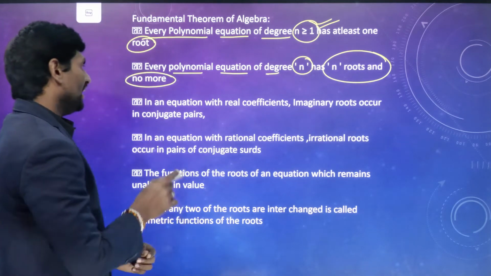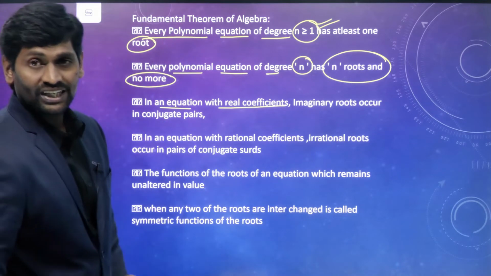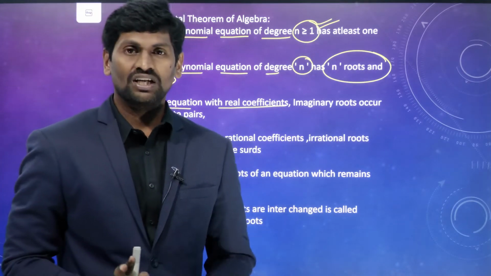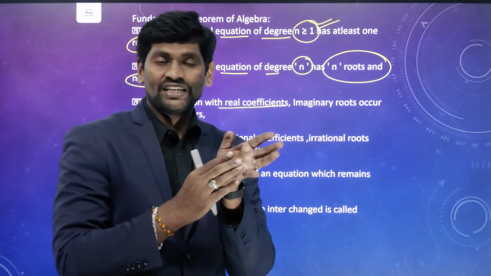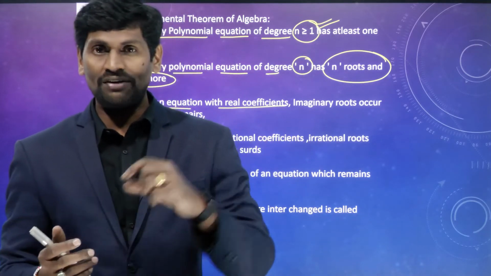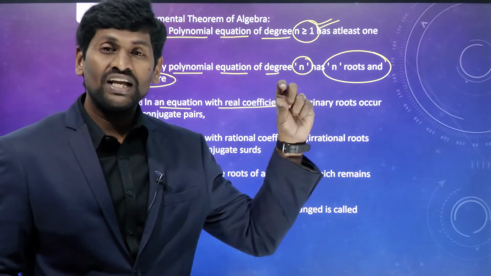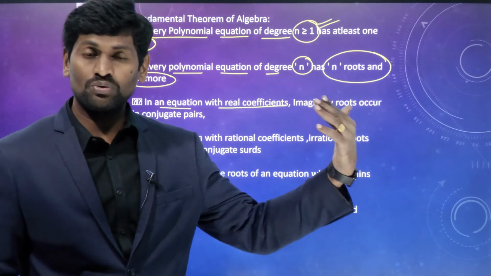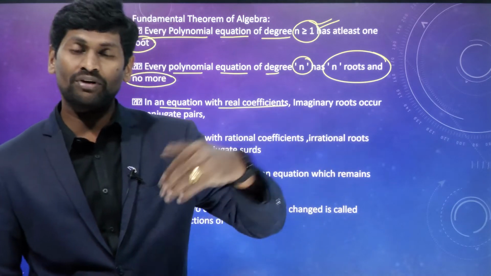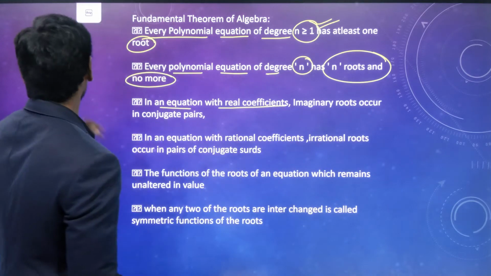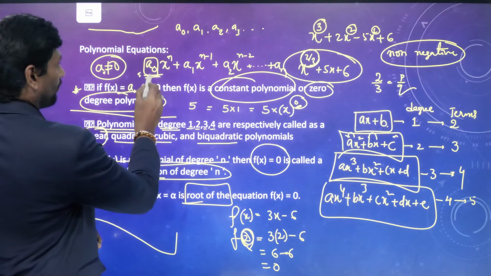In an equation with real coefficients, that means if you are taking any polynomial, with coefficients like a0, a1, a2, we are writing the nth degree polynomial as a0 x power n plus a1 x power n minus 1 plus a2 x power n minus 2, like that we have written one general form, right? Yeah, in this general form,